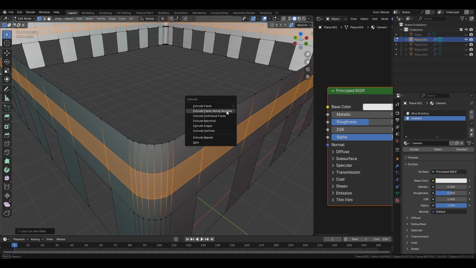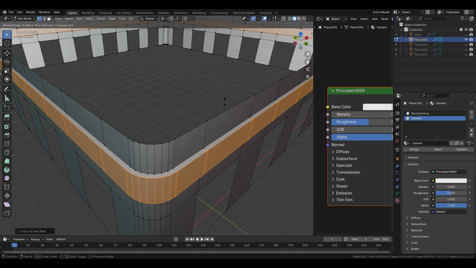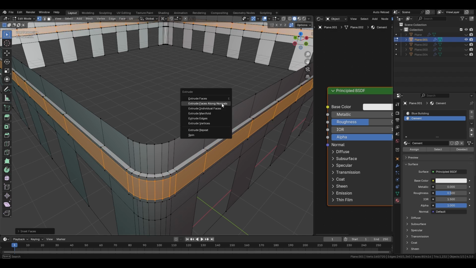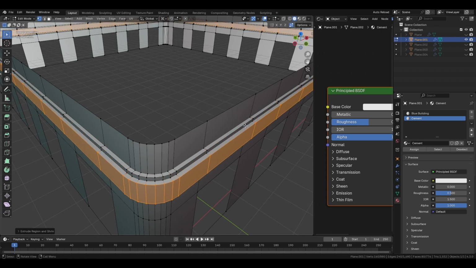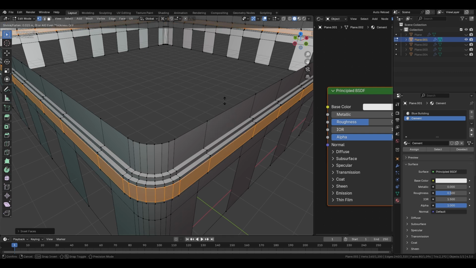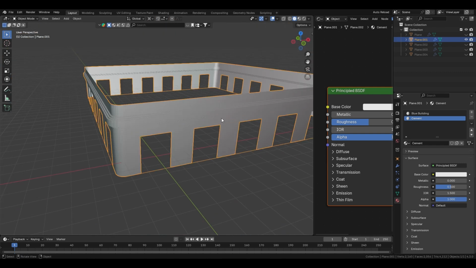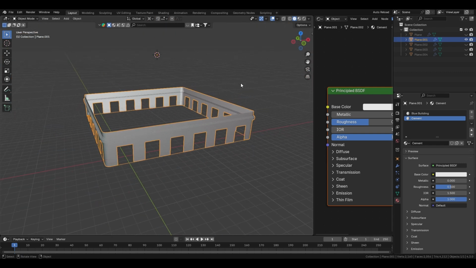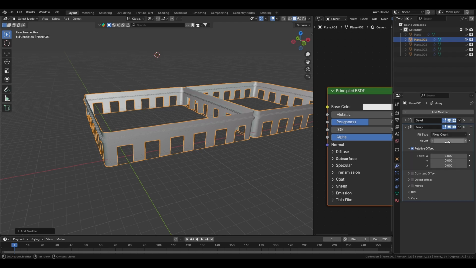After that, I'm going to press Alt T, extrude faces along normals. It will extrude the selected faces along the normals. Once again inset it and then Alt T, extrude faces along normals, and then do the same process once again, because I'm giving it a little bit of design. That's all. After that, I'm going to add an array modifier, and then count 6 will be good, factor X value